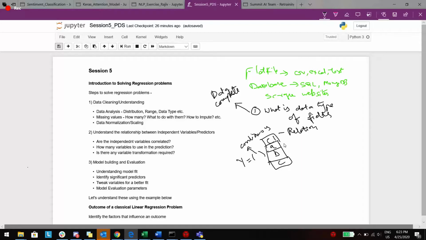Based on this, at a later point in time you can try to convert this into one hot encoding, which would look like this. This variable C1 can be converted into one hot encoding vectors based on whether A is occurring, B is occurring or C is occurring. And that is why you need to understand what is the type of the variable.